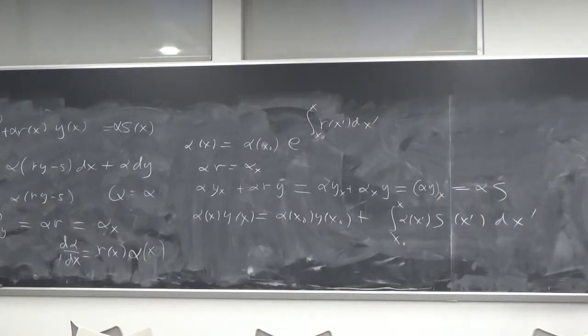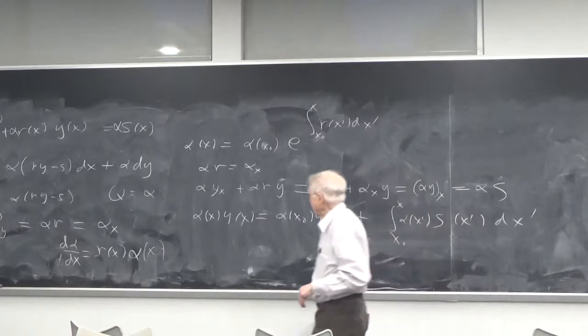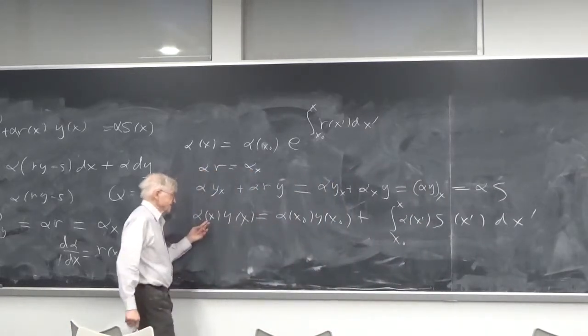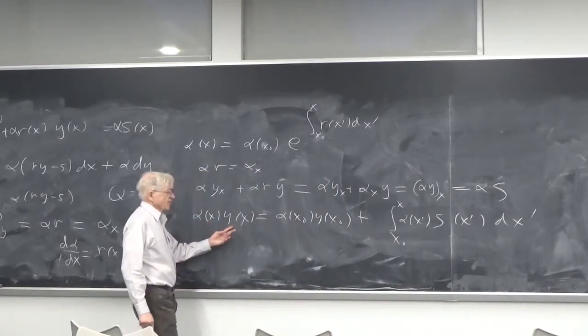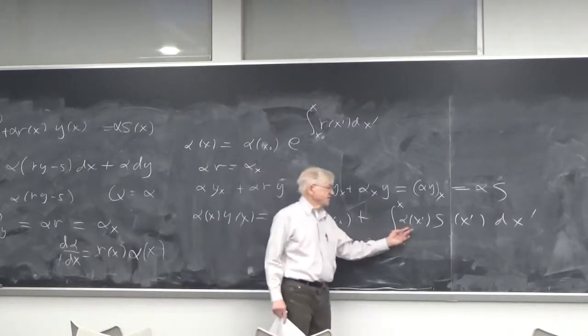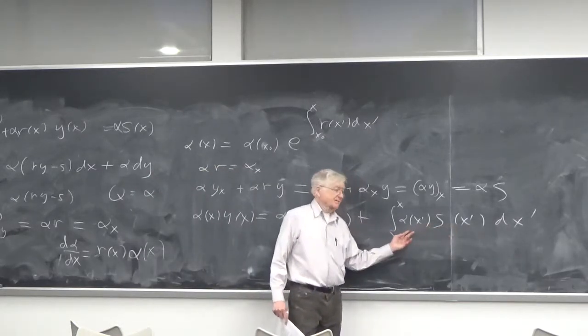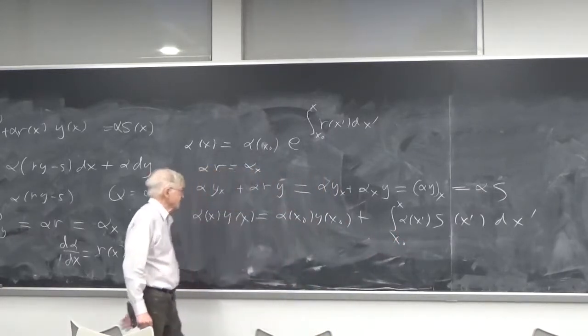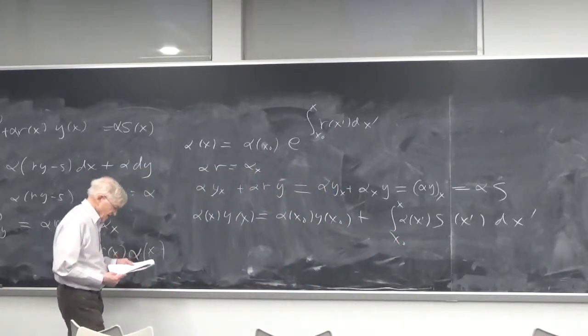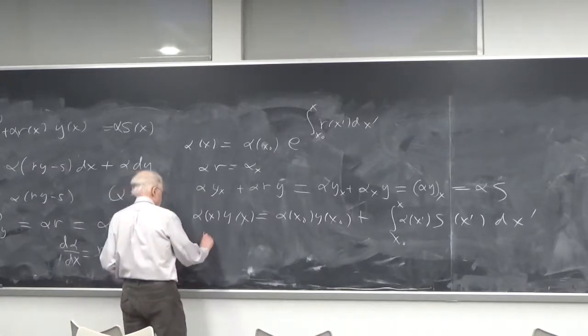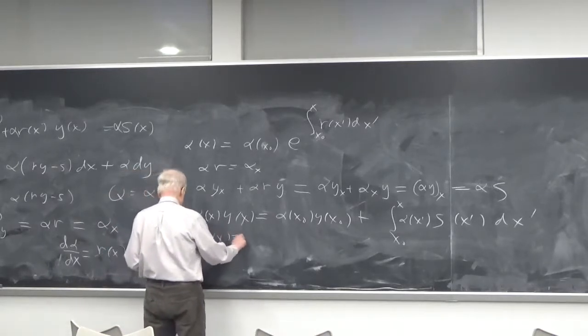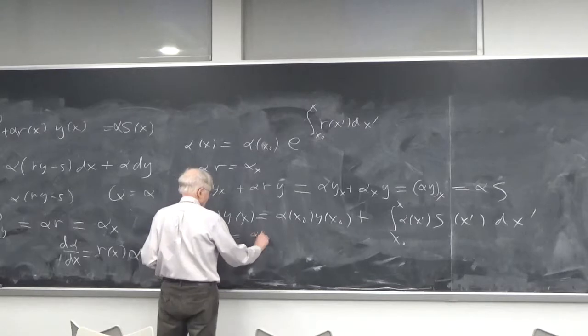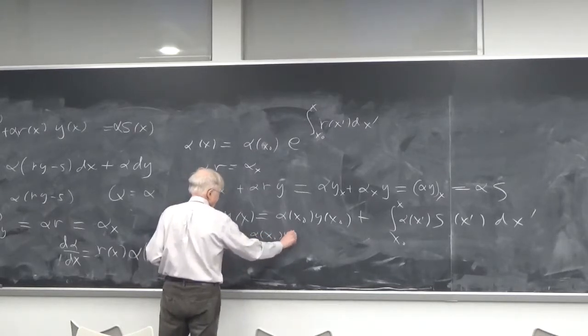So that means we're basically done, because we know what alpha of x is. We now have an equation for y of x. We just have to integrate the source term times alpha of x, which we know, and add it to this, and we get the final answer, which is y of x is equal to alpha of x0, y of x0,